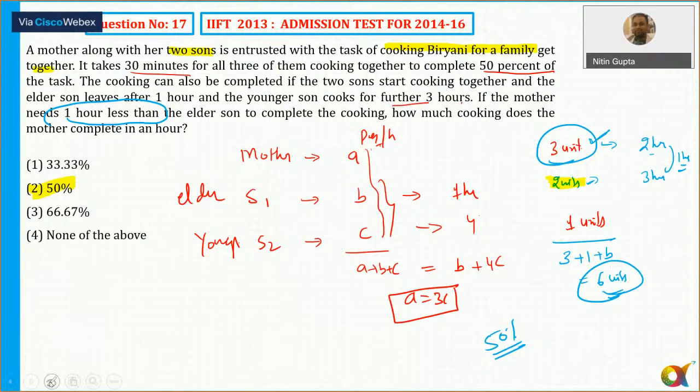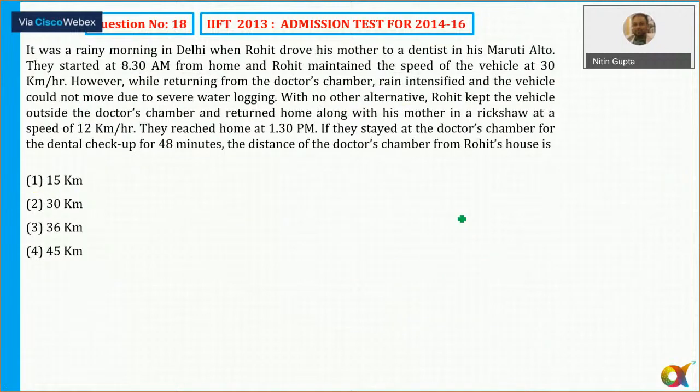Okay. Let's move to the next question then. Question 18. Very interesting question, very lengthy. Lots of stories are given. It was a rainy morning in Delhi when he drove his mother in a Maruti, drove 20 km, and on the return the car could not move due to severe waterlogging. With no other alternative,